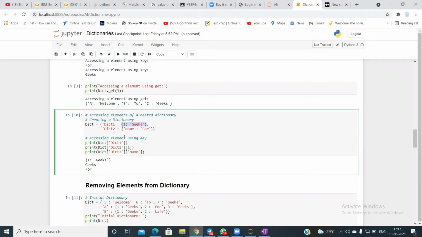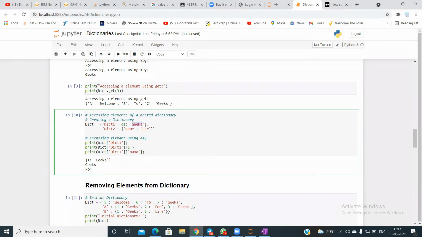But what if now I want only this value, geeks? How do I get this?